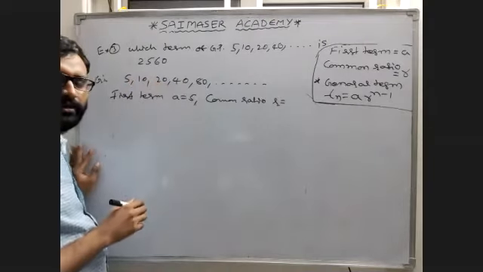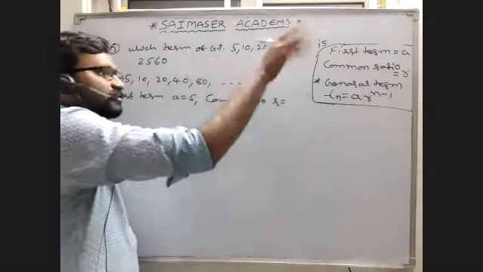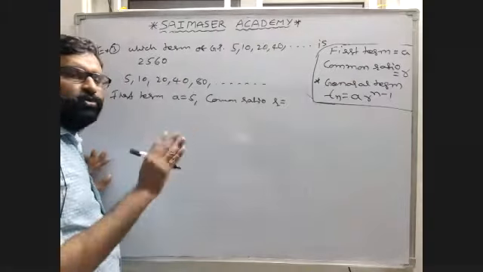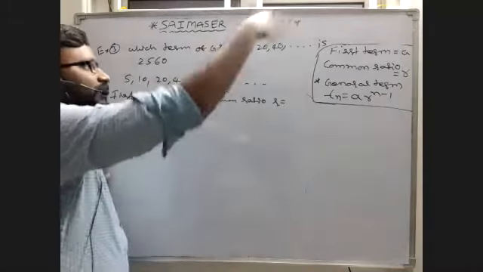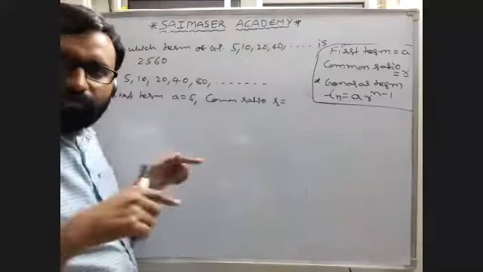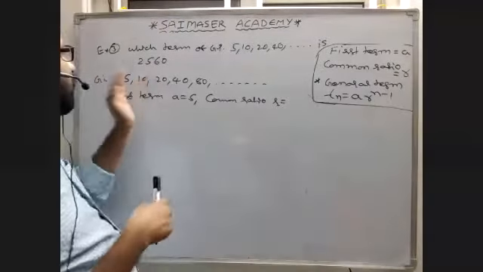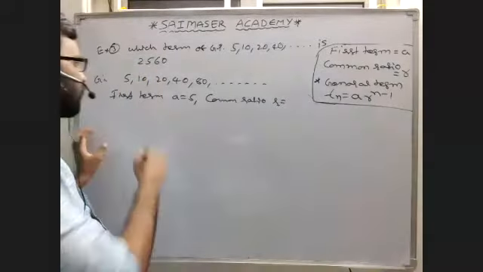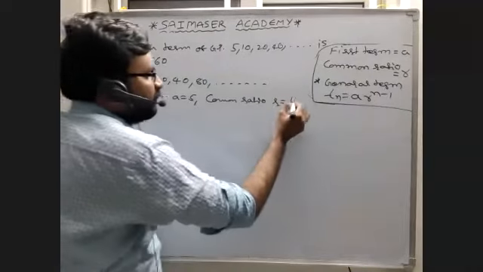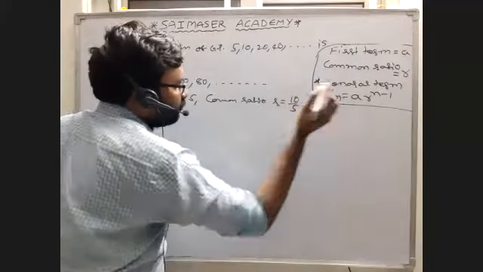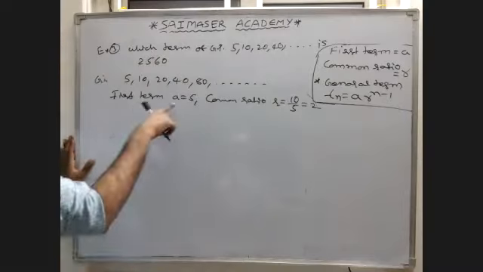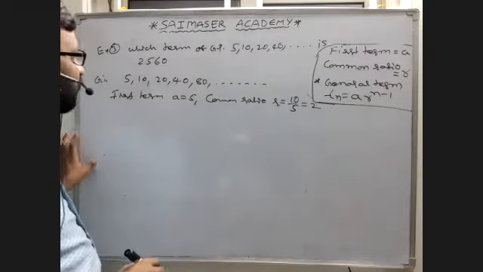We would have to find it actually, but since it is given that this is a GP, we don't do all this by this again. This is clearly a GP. If we were asked to prove that it is a GP, we would have to find all the common ratios. Now I am finding only one, that is 10 by 5. 10 by 5 is equal to 2. So R value is 2, A value is 5.